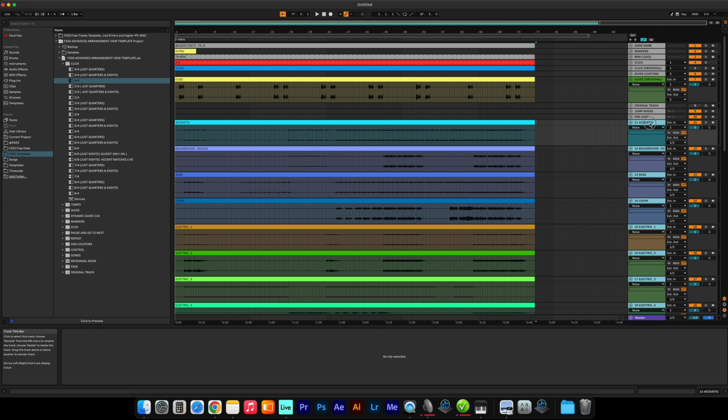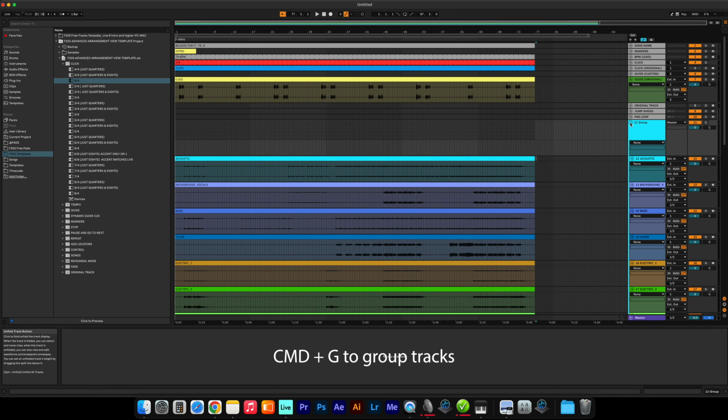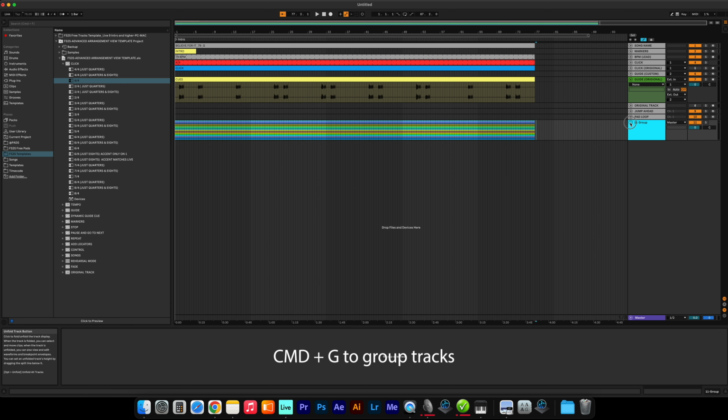And once you have all those assigned, we're actually going to select all and grab our tracks. And we're going to hit Command G to group them. Once we got them all grouped, then we can go ahead and collapse them. We're going to name this. Command R to name. Okay, we've got that. Go ahead and label that folder. Next thing we're going to do is go up here to